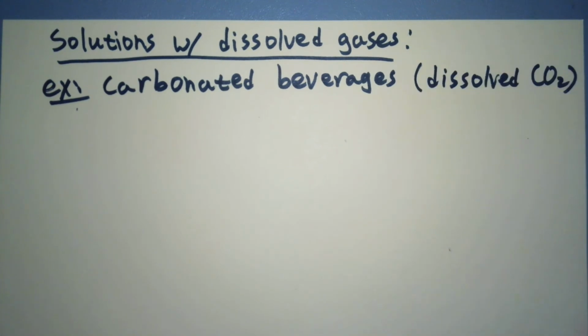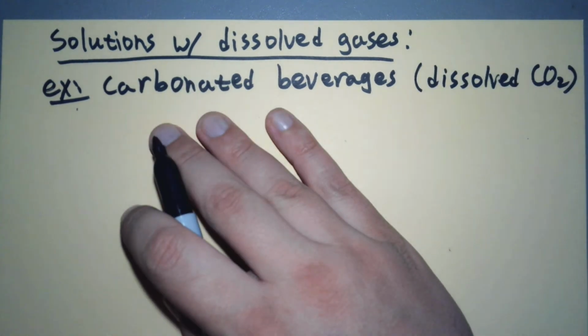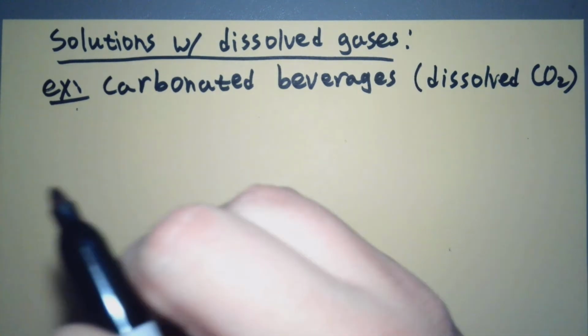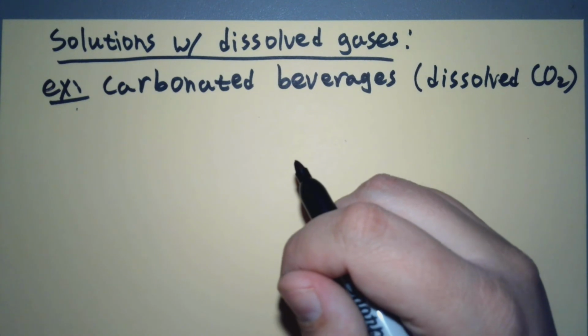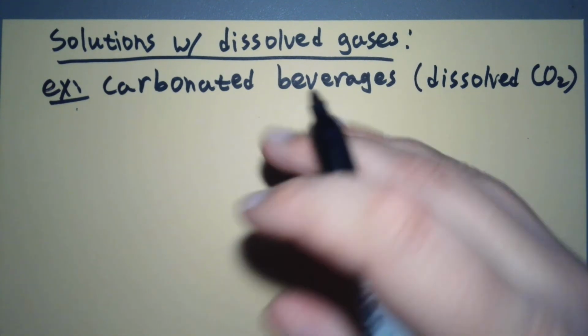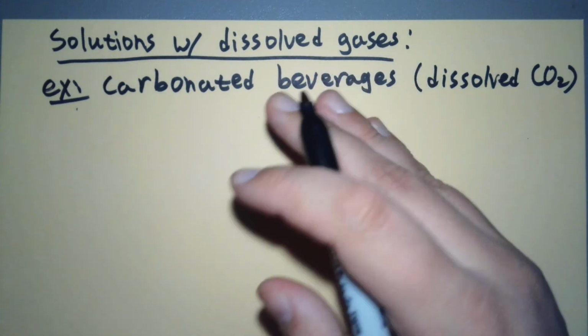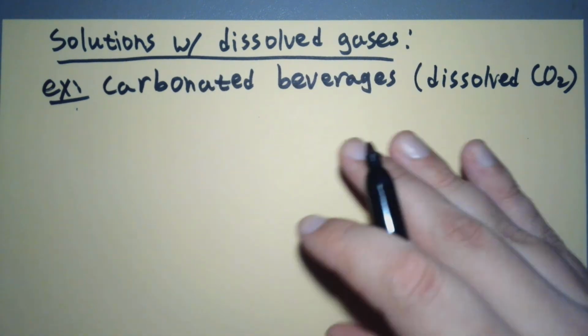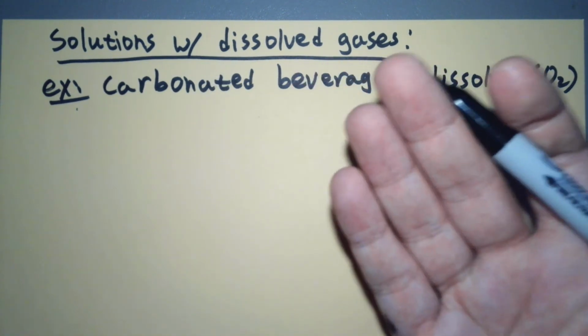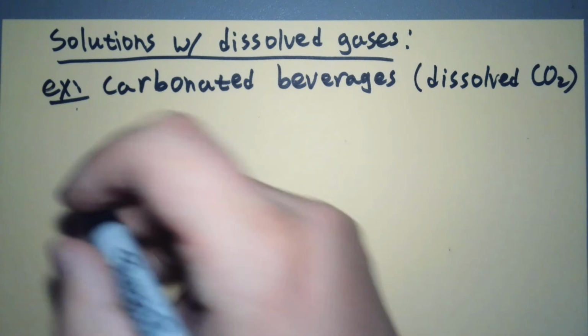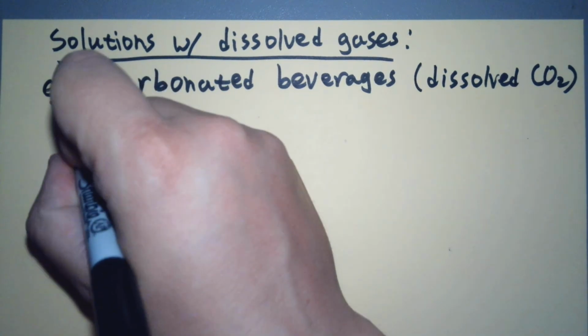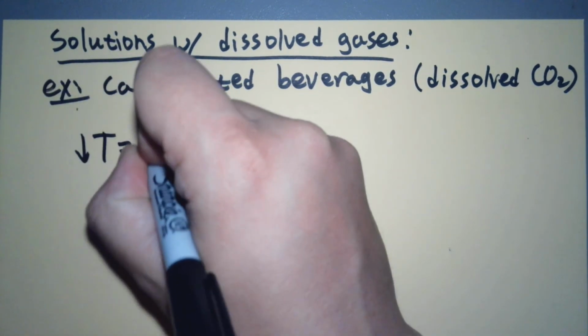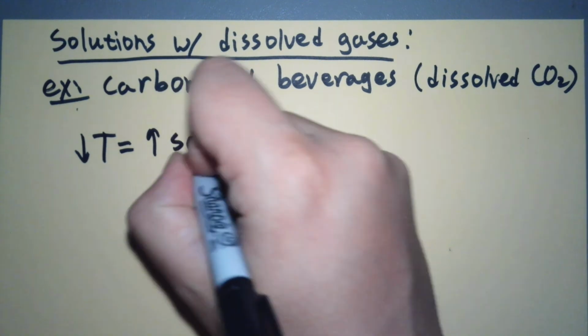So, what do we do for temperature? Do you like to drink a hot glass of Dr Pepper in the morning? Or is it something you want to keep cold to keep it carbonated? So does it stay carbonated if it's hot or cold? The answer is we keep it refrigerated, right? So decreasing temperature is going to give us an increase in solubility.